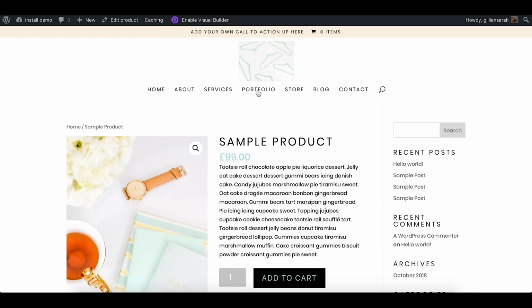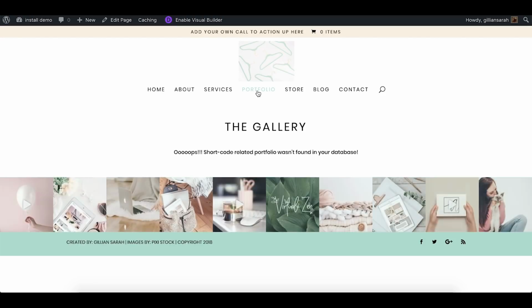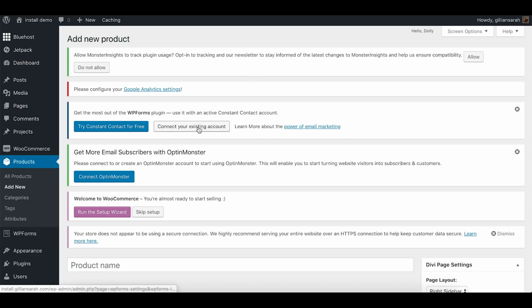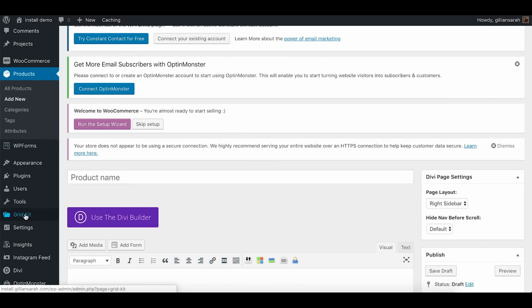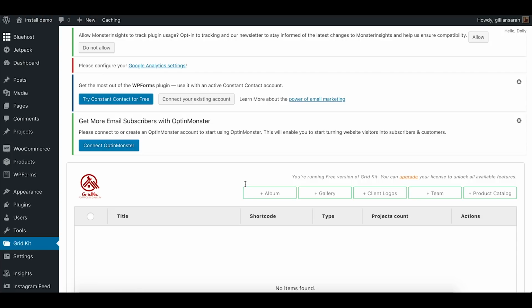Oh no, portfolio. We're going to go over your portfolio as well. Your portfolio is where you can show off some images, all kinds of stuff. If you click on here, it will tell you the shortcode related to your portfolio wasn't found in your database. That's because it's not pulled through the sample one from GridKit, which is the plugin that's set up to run here. So if we go back to your dashboard and we go GridKit and click on it, it's set to pull up the first gallery you create. So if I click on Add Gallery